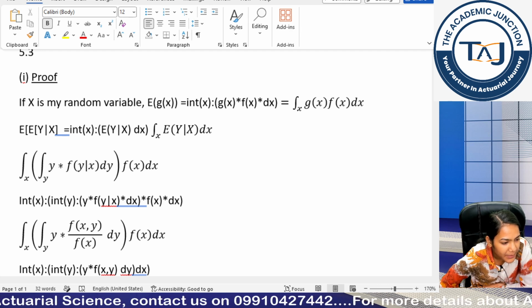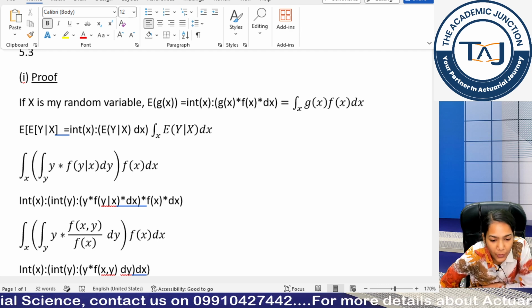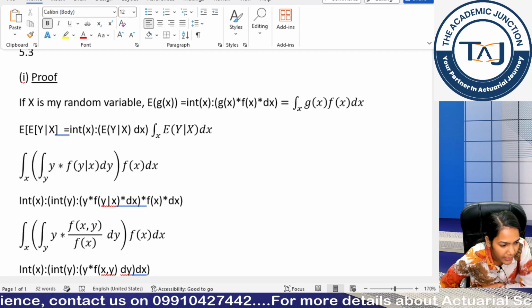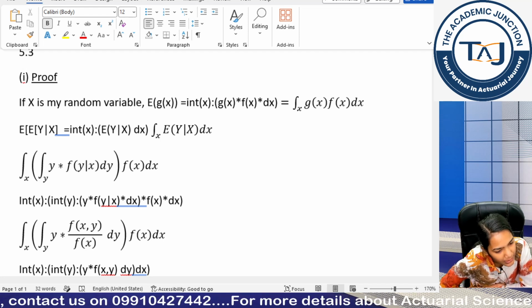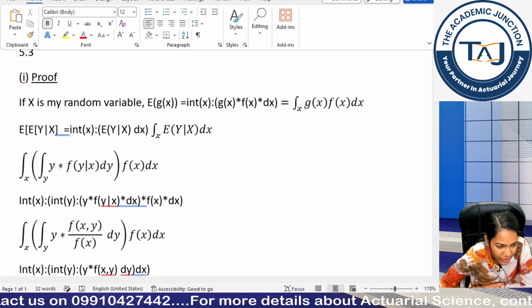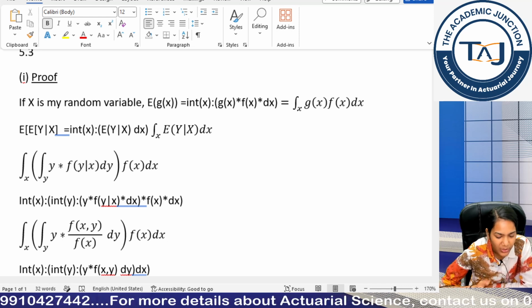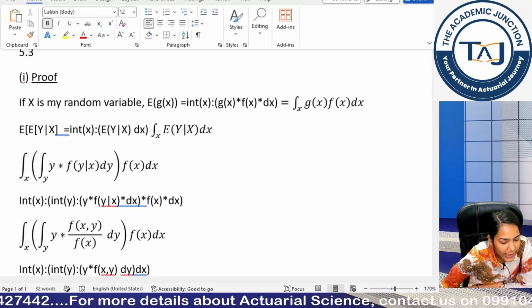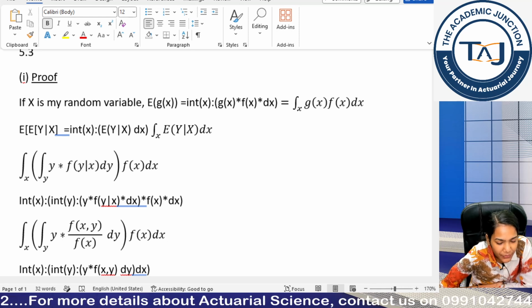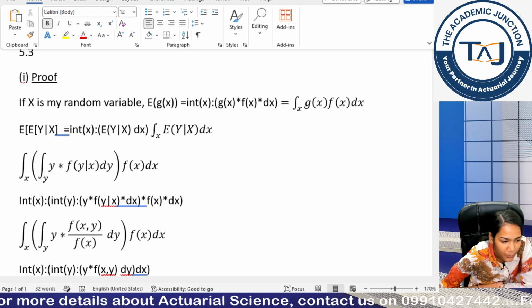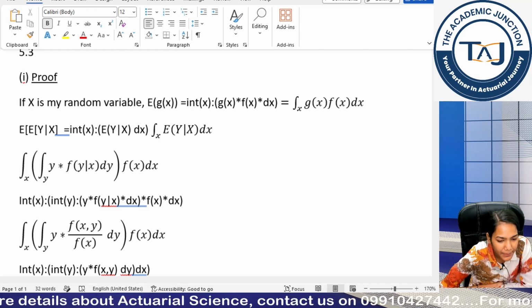For your sake, let me tell you, Akashi and Dhruv, we have two different approaches in the typing. We can either use the normal approach, or we can use the equation editor. That's completely up to you. You try both the approaches. We are doing both the approaches in our classes. Then you can feel comfortable with one of the approaches or a combination of both. It's completely up to you.